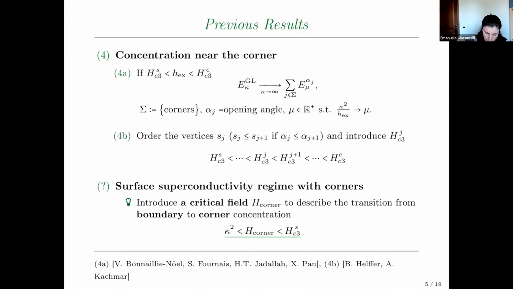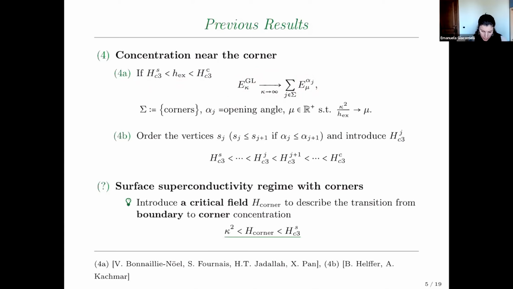In this case, if you take an external field whose intensity is between the third critical field in the smooth case and the third critical field in presence of corners, then if you look at, again, the minimum of the Ginzburg-Landau functional, this is well approximated in the limit as kappa goes to infinity by the infimum of the sum of some energy functionals, which are denoted by this quantity here, which are just living close to the